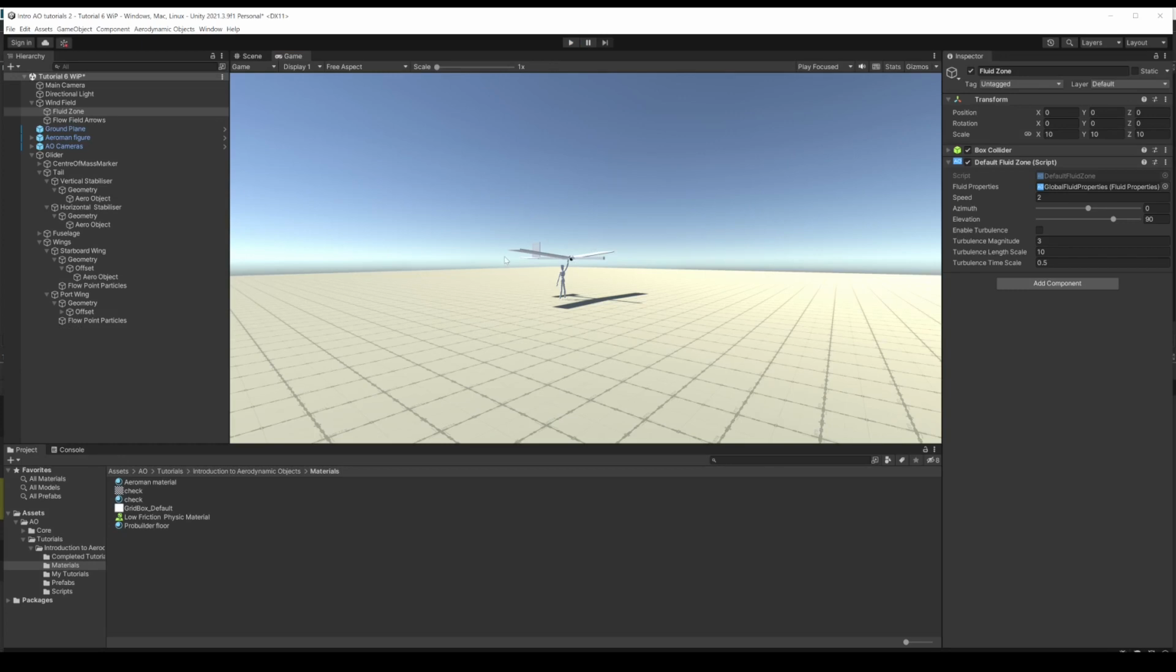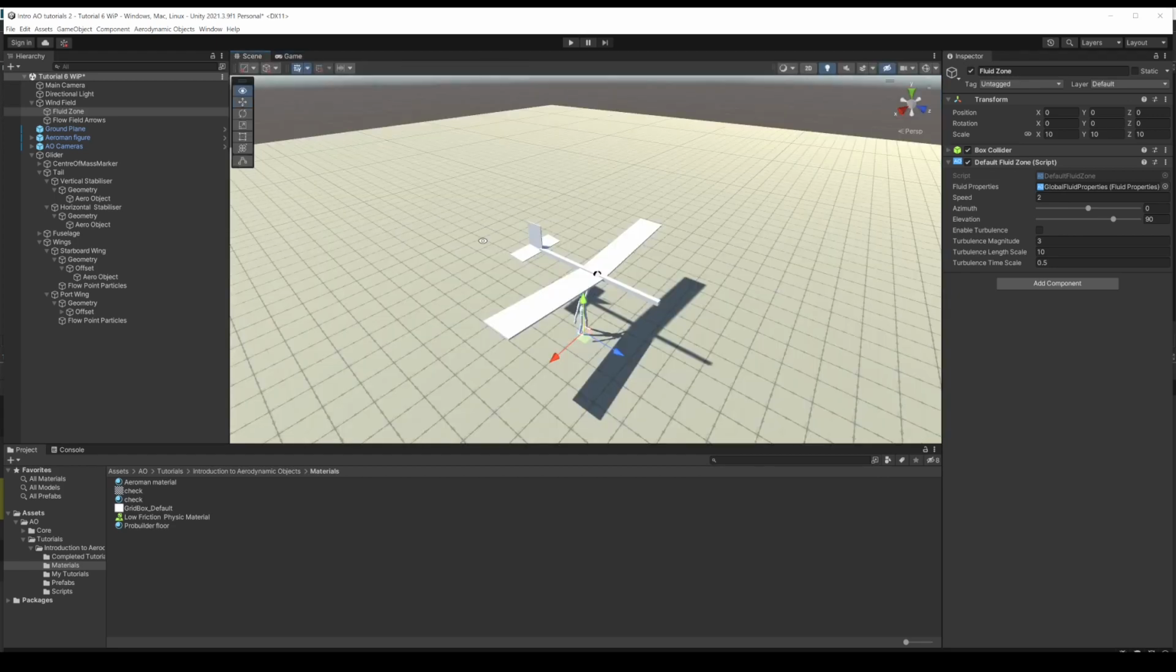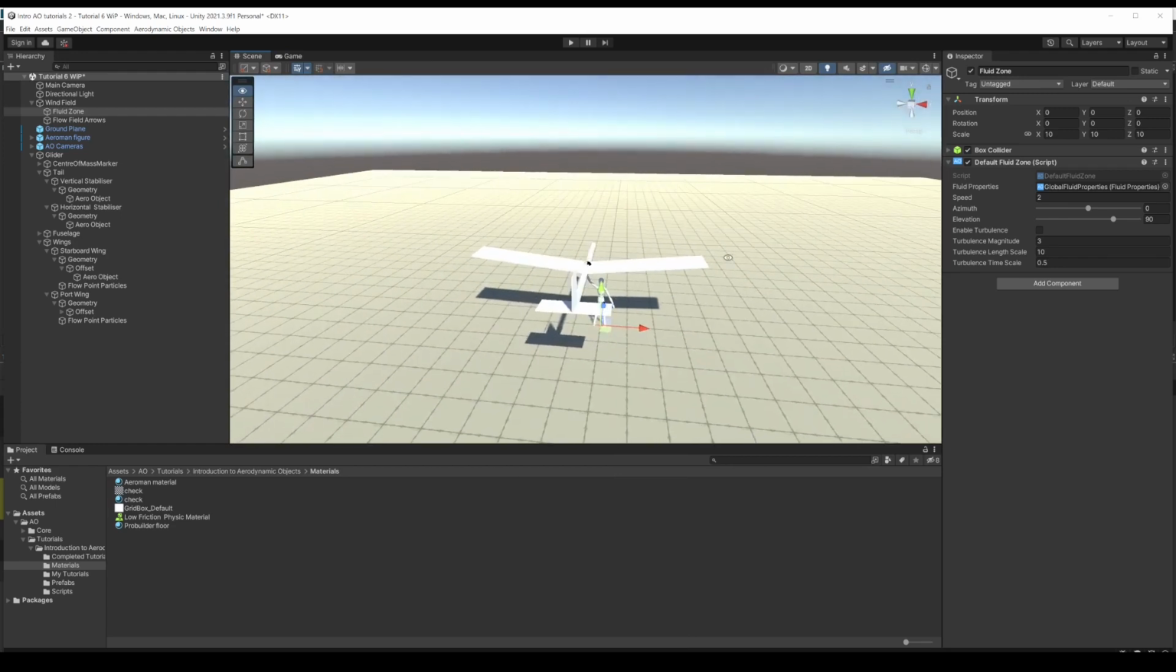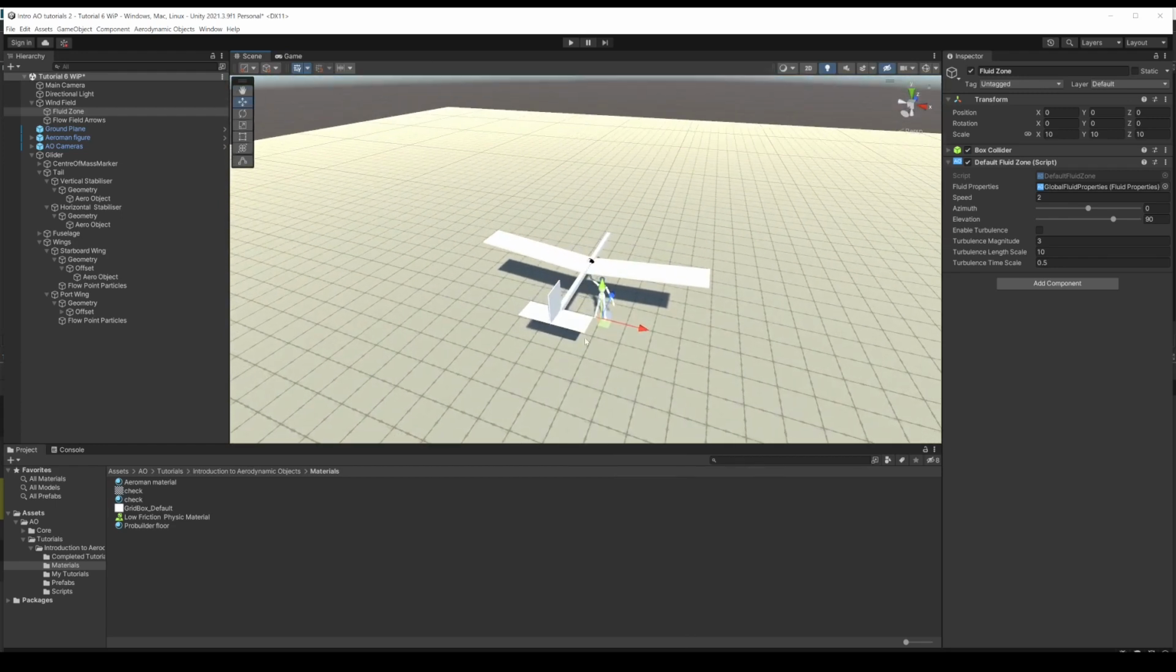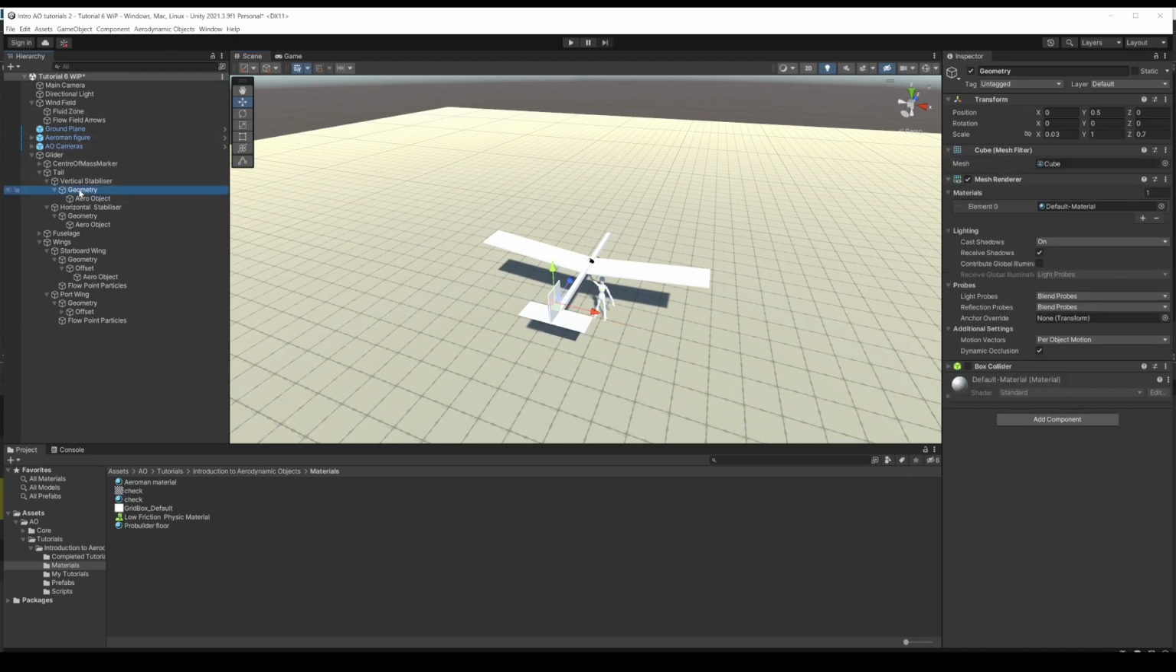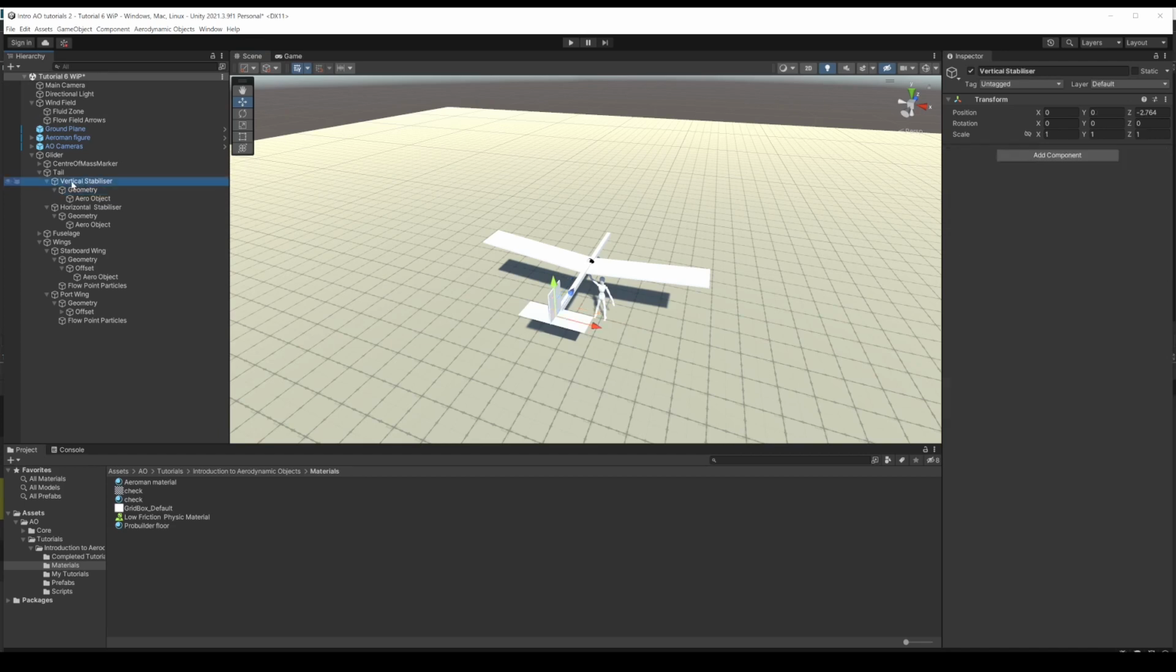That's all very well, but if we want to make the glider fly for a longer time, we could make the fluid zone infinitely bigger, or we could do the smart thing of getting the aircraft to fly in a circle. So what we're going to do that is put an offset in the fin angle, and that's going to make the aircraft turn. So if we go to the vertical stabilizer,